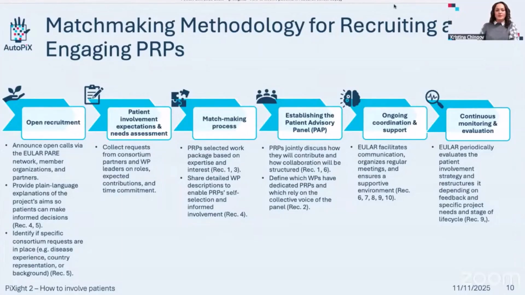So we shared this detailed work package description to PRPs. We gave them some time and we moved to the next step, which is the actual establishment of the patient